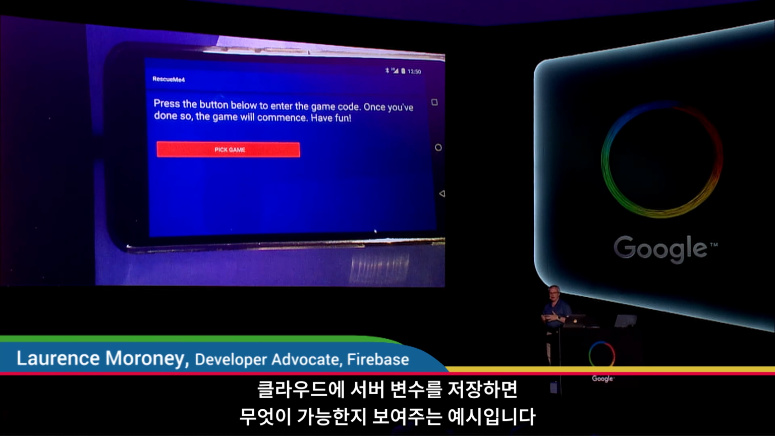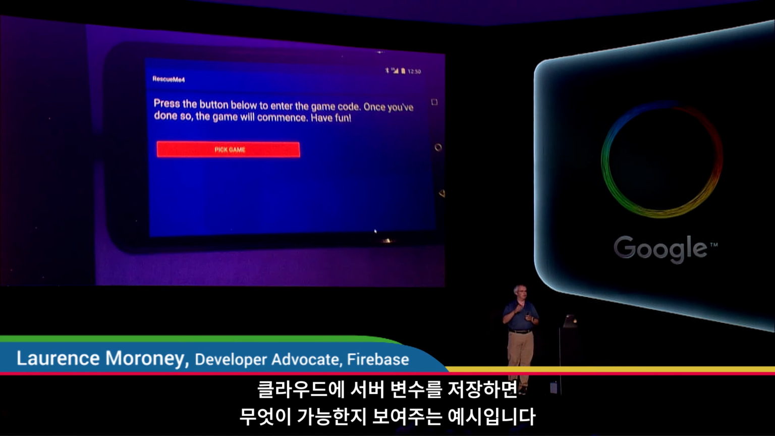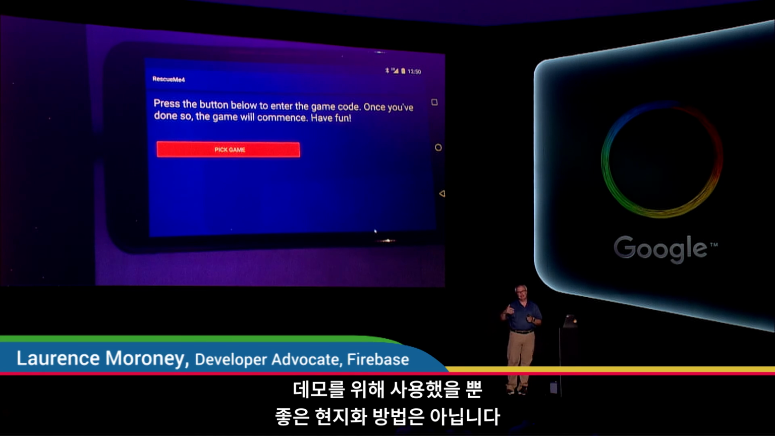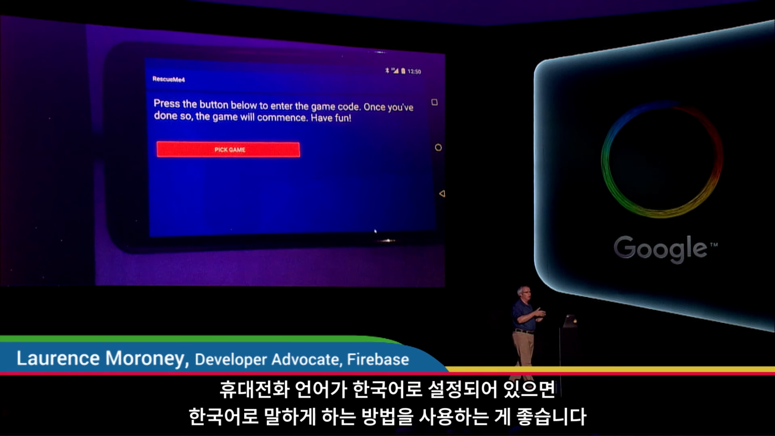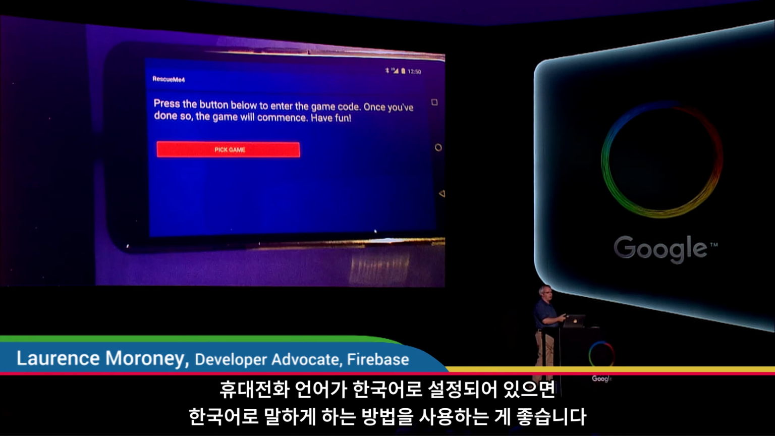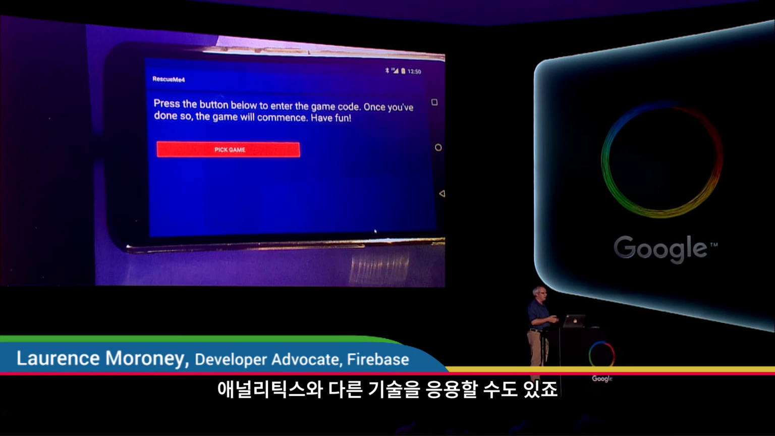So just to exit out of that, that just shows the power of things that you can do when you store a server variable in the cloud. Now, localization, it may not be the best way of doing it. This is just a gratuitous demo. Localization, you might want to say, have her speak in Korean if you detect the phone is in Korea. And analytics can be used for that, as well as other technologies. But